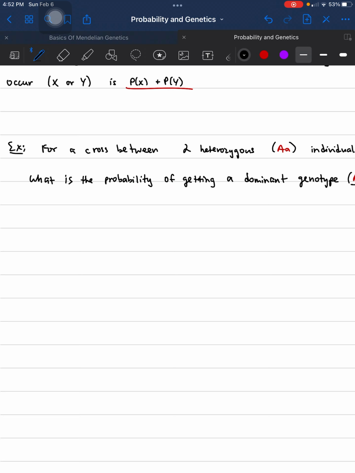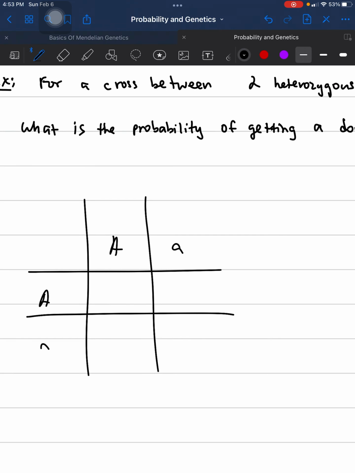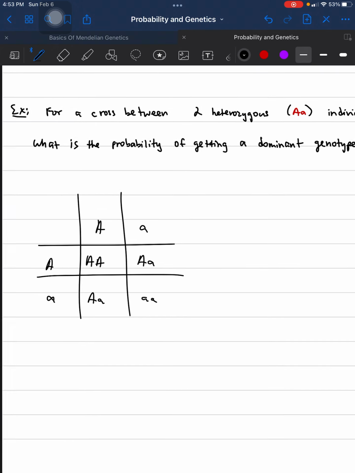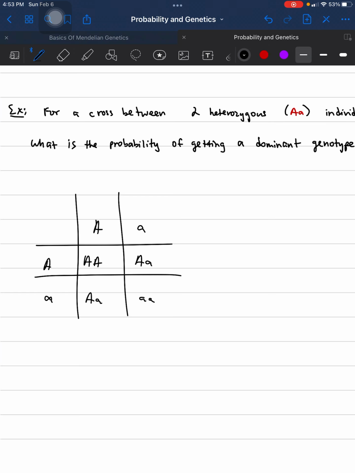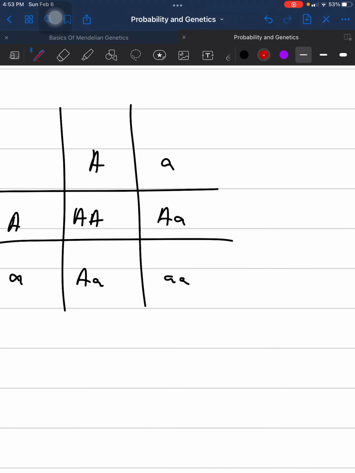Let's do this cross again. First thing we have to do is a cross, a monohybrid cross. So Aa. When we do this cross, since it's between two heterozygous individuals, we obviously know it's going to be a 3-to-1 ratio. And when we look at this, right here,